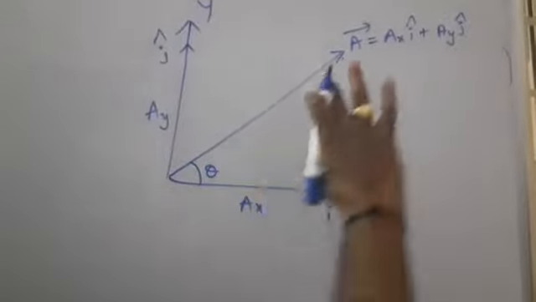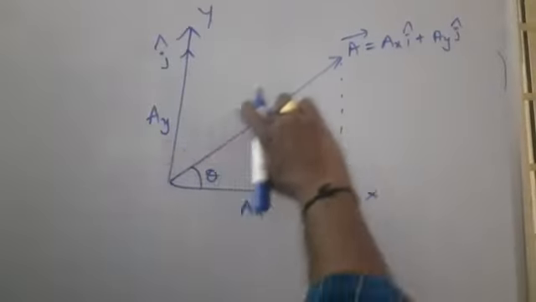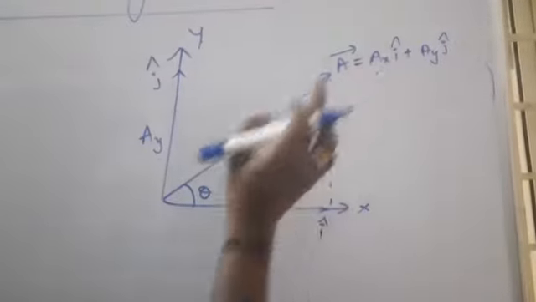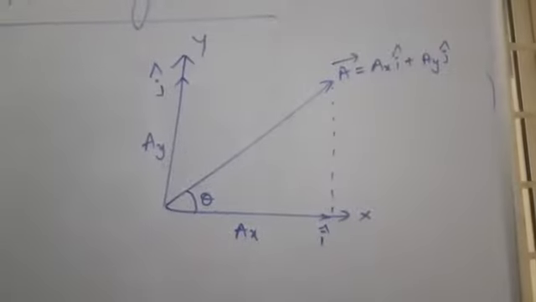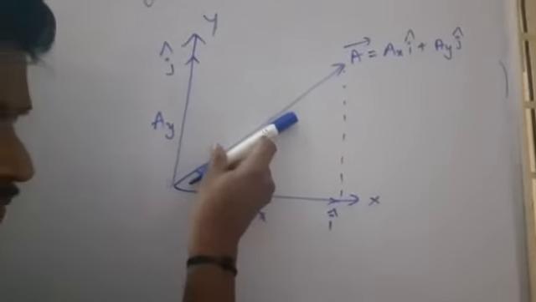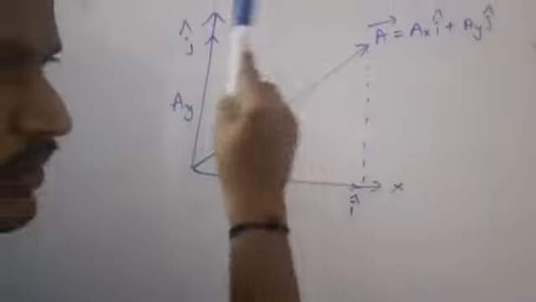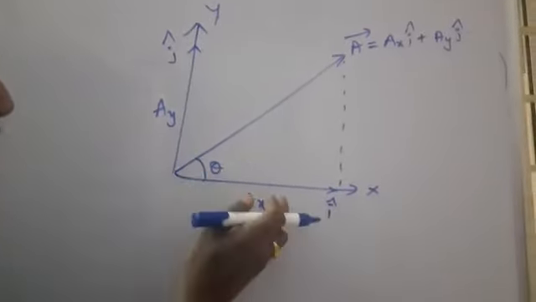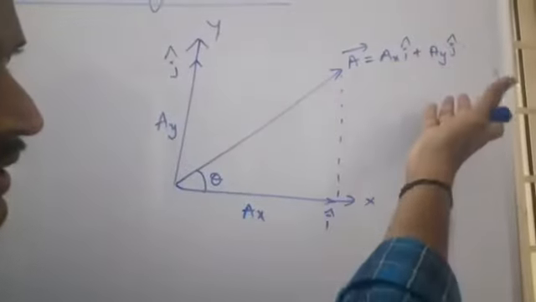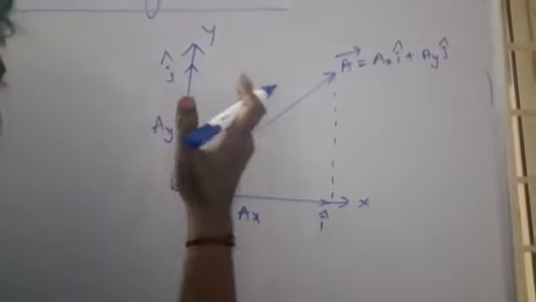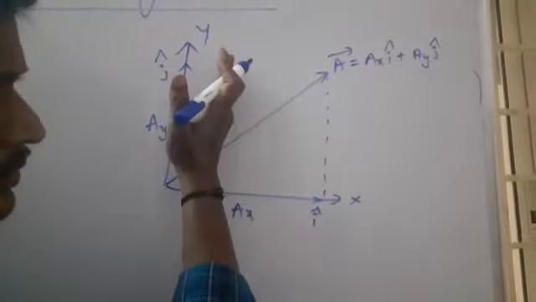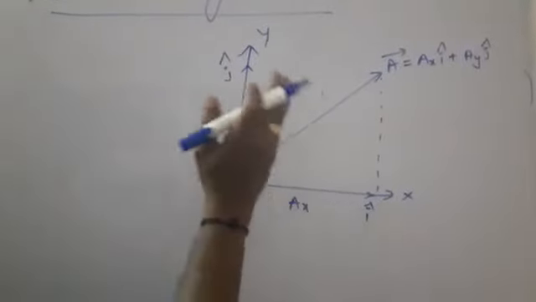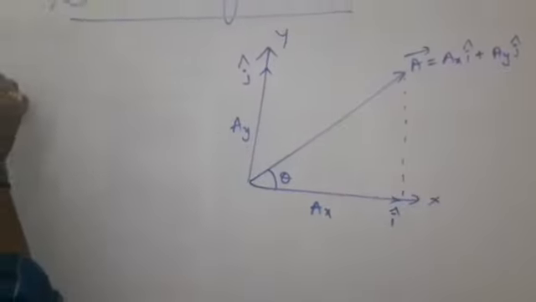So this is the first vector, and the second vector. The resultant will give A bar. So that means the vector is a combination of two components. Like this, the vector can be divided into an infinitesimal number of components. When the vector makes an angle of 30 degrees with the x-axis, the components are Ax and Ay. Here, at 60 degrees, we will get other components. At 45 degrees, we will get other components. Like this, we can divide that vector into an infinitesimal number of components, right?